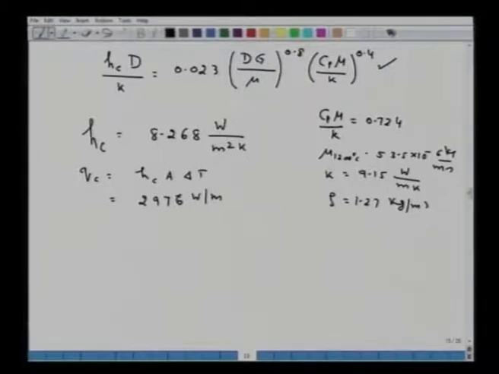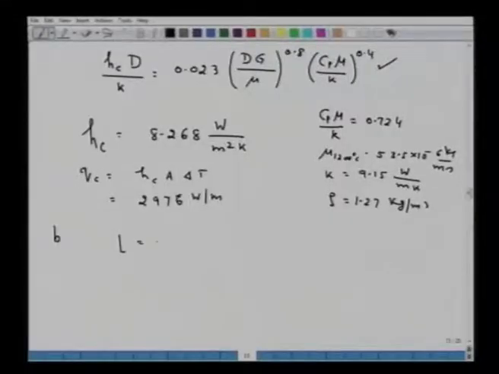Now, in another situation it is given that the gas is moist air. B tells that the gas is moist air at 1200 degrees Celsius with 2% moisture. Now, remember here the heat transfer will occur by convection as well as by radiation, because the air has 2% moisture. So, you have to also calculate the heat transfer by radiation here. So, in this B case the heat transfer will occur by both convection as well as radiation. For radiation I had illustrated in my earlier lecture 31.